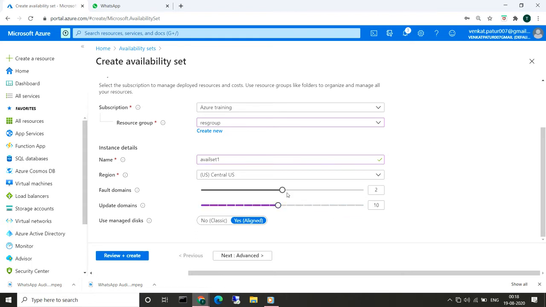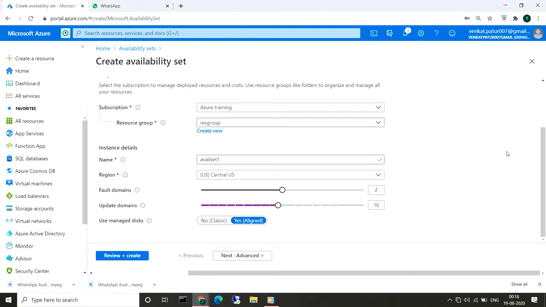Due to this, if any server goes down, like a power supply issue or anything happens to that physical server, the other server will be in running condition.